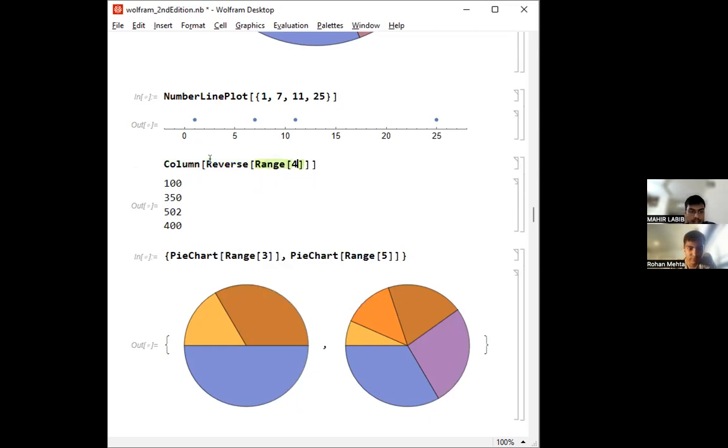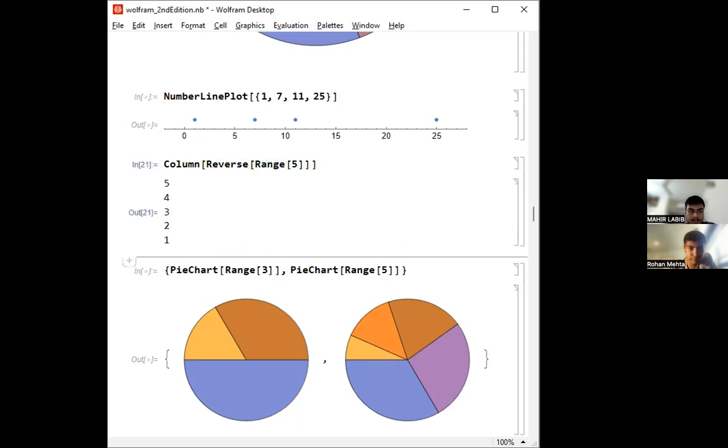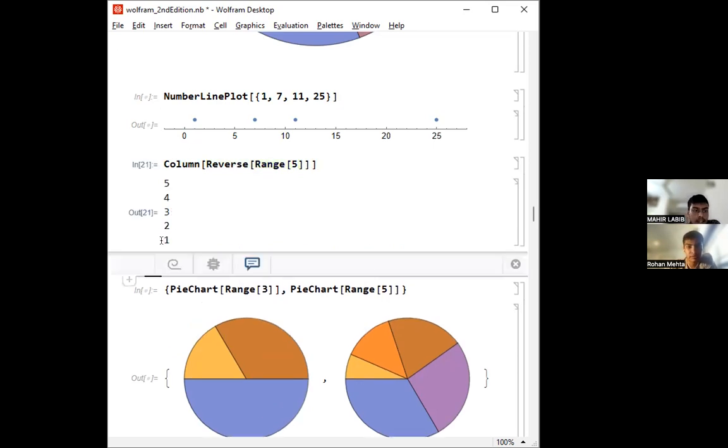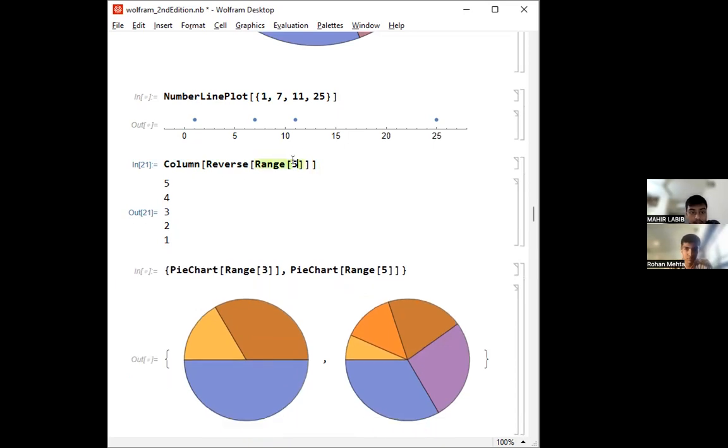So I can just do this, and it will first make a list. The function starts from counting over here. So the first thing it does is list from 1 to 5, and then reverse it, and then the last function makes the column of 5, 4, 3, 2, 1. And yes, Rohan, I was just going to say column is also a sort of operation